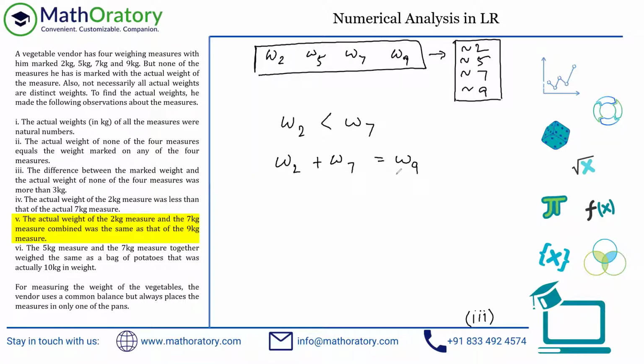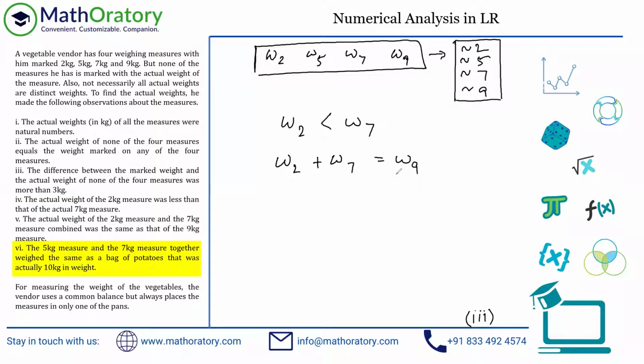So this is reducing my possibilities to a huge extent, I guess. Because 9 kilo itself has some limitation, 7 kilo has some limitation, and W2 plus W7, also W2 has to be less than W7. So this is reducing my possibilities to a huge extent. So I'm very confident to start taking cases on the basis of this. But let's go ahead and read the other information also. I think we have one more, right?